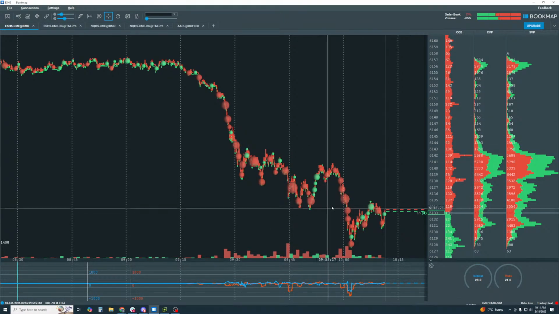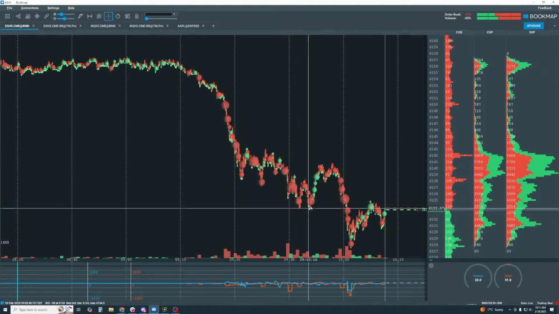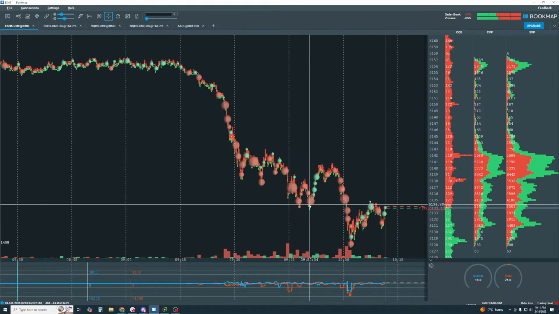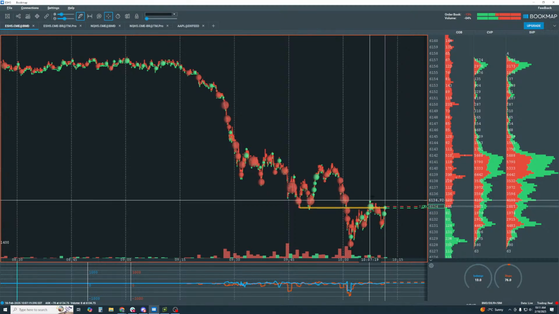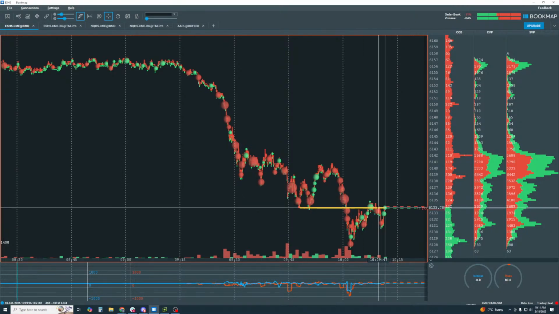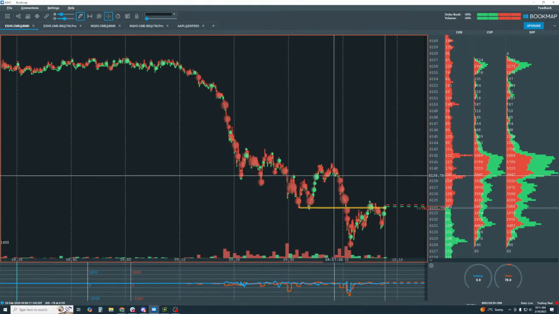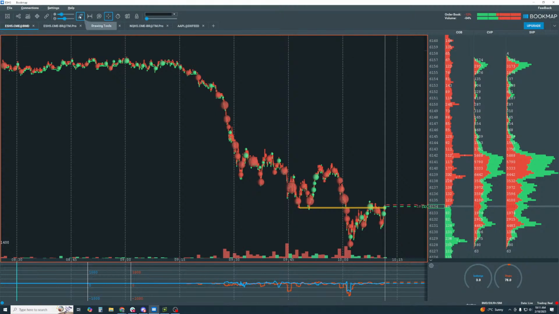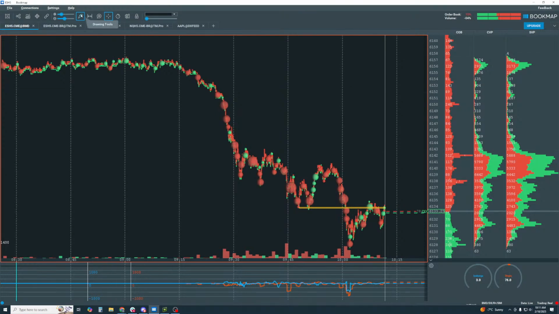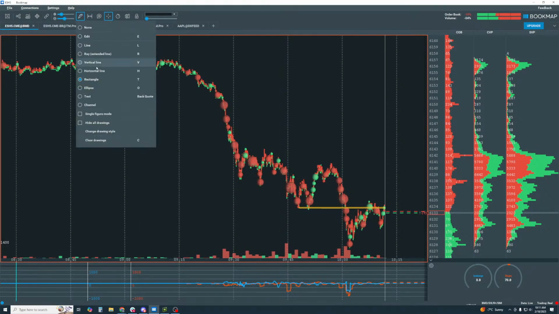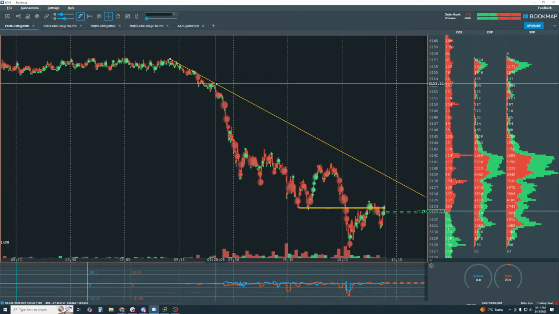Now we even have another market structure to look at here, and it is just right here. You can see buyers are kind of flirting with it right now. So we can see that it's trading up in this 31, 34 area or so. And in fact, let's put in some more structure.